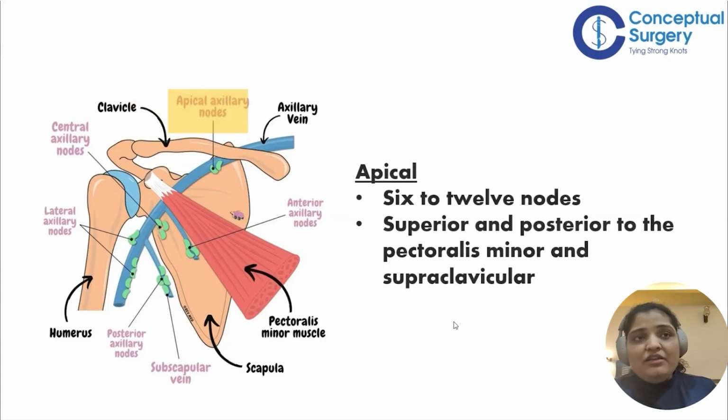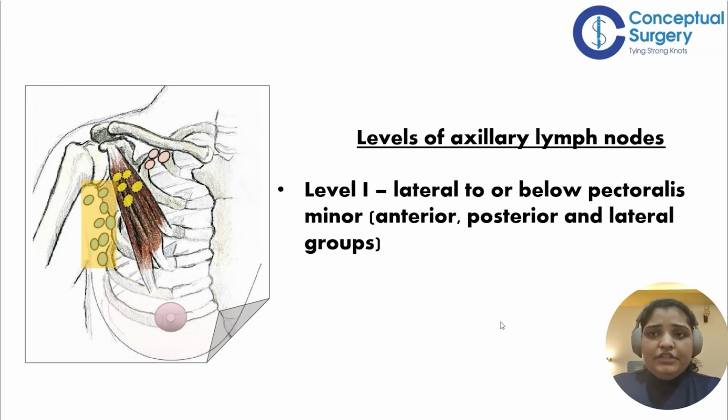Then we have the apical group of lymph nodes, to which all of these lymph nodes eventually drain. These are 6 to 12 in number. They lie superior and posterior to the pectoralis minor muscle, and this group also includes the supraclavicular group of lymph nodes. We further know that the axillary lymph nodes are divided into three levels by the pectoralis,